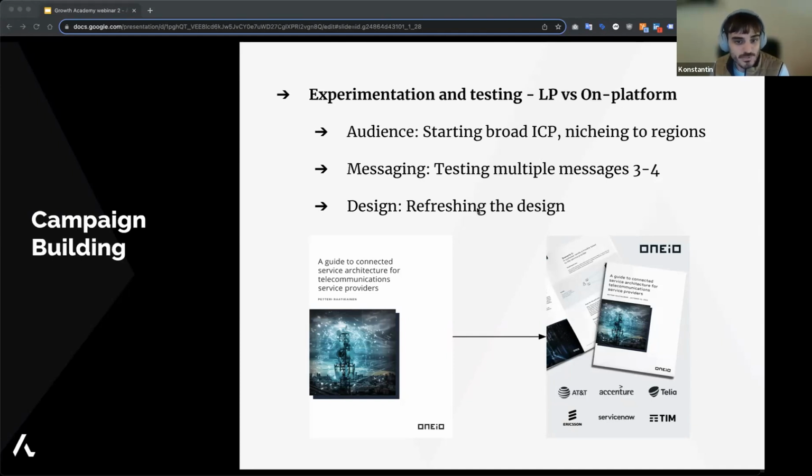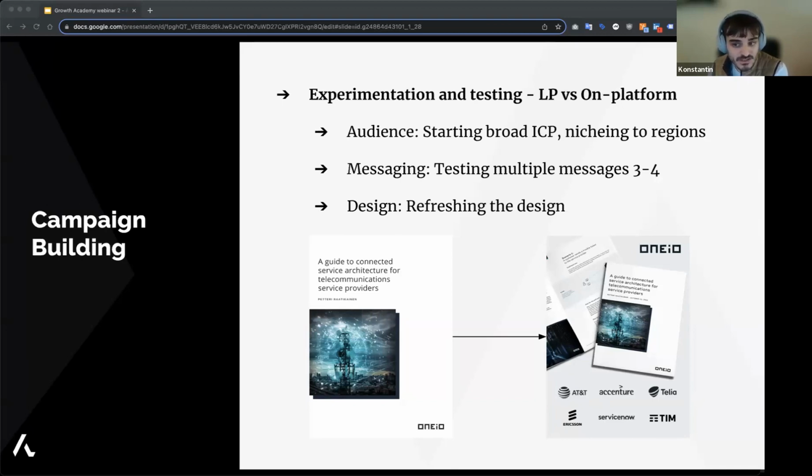The next campaigns that we did were again document ads, and that always performed better than the landing page. Another thing that we tested was messaging, and every month we added a couple more creatives, visuals or messaging. As you can see, the left side was the first visual, and then we made an updated one, which included more logos and people involved in this document. With the next tests, everything started to improve more and more each time we did these updates.